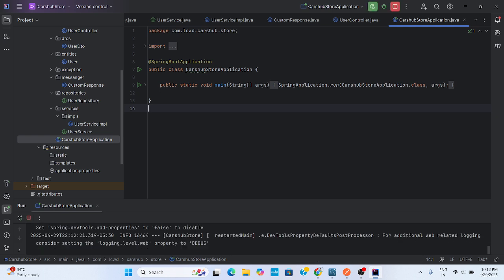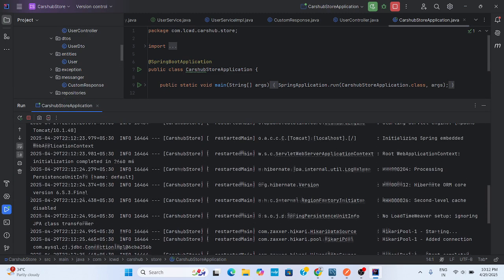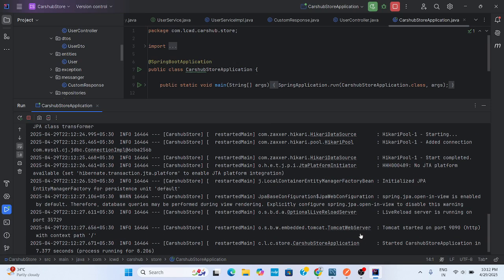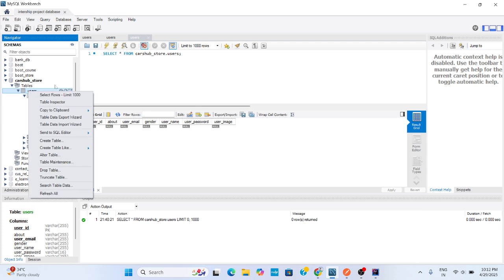The project is starting. Project started. Tomcat started on 9090. In the workbench we will see that a user was created.